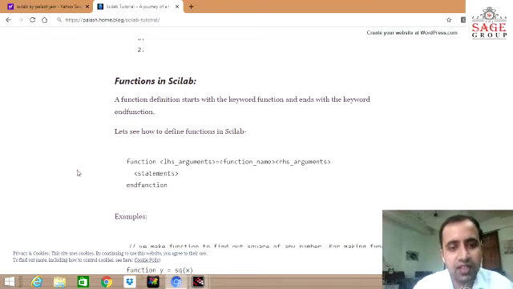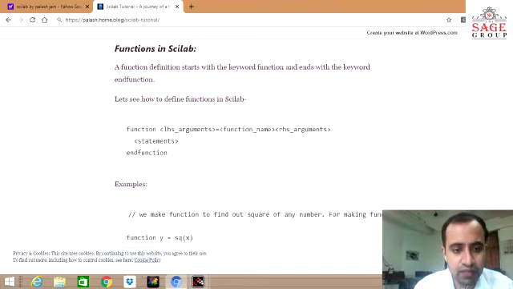You are seeing here the LHS arguments, RHS arguments and statements. In LHS arguments you simply assign the variables of the problem which you want to solve, and in statements you type the condition, that is the problem which we have to solve. For example, if we have to find the square of any number, in the statement we will write y is equal to x square. I have written one example over there.